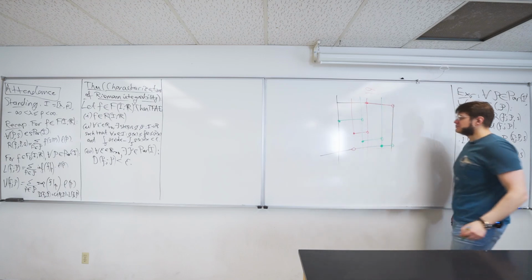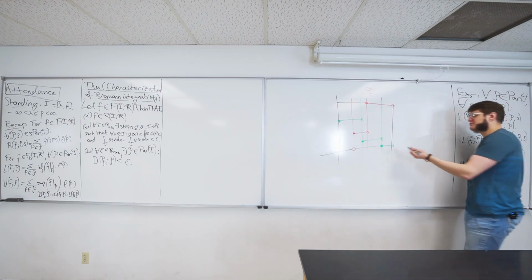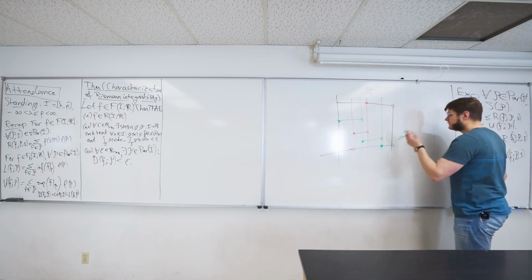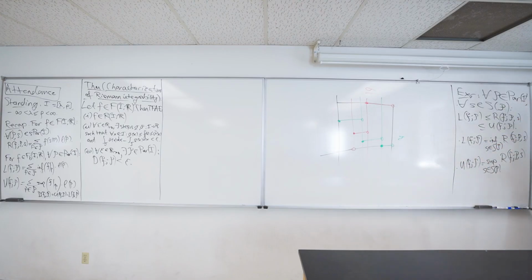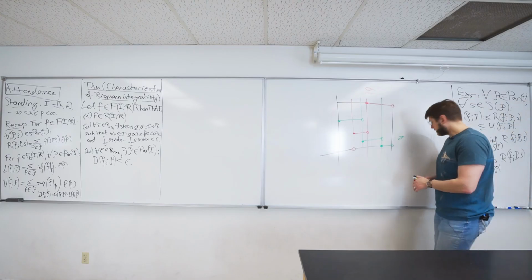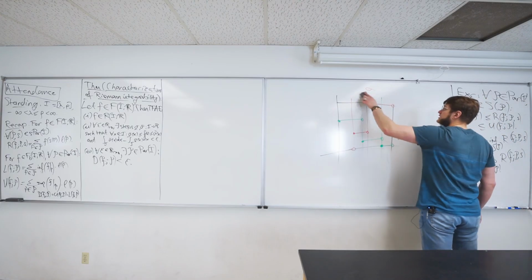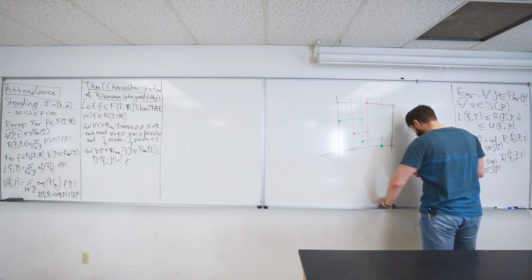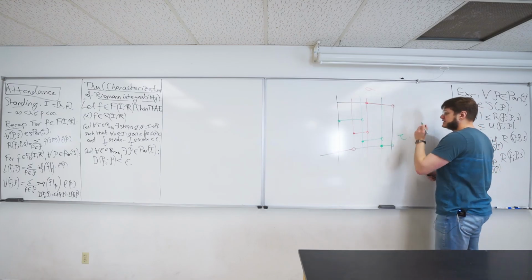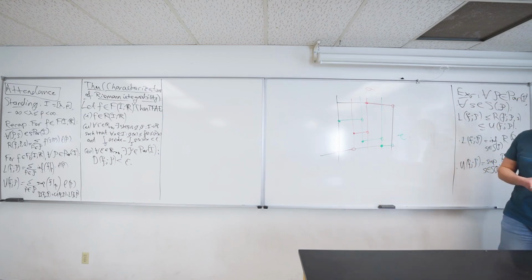Of course, in this case, sigma with an overline is not underneath sigma with an underline, but it doesn't matter. Given any two, maybe I should have written sigma and tau. Given any two step functions like this, okay,